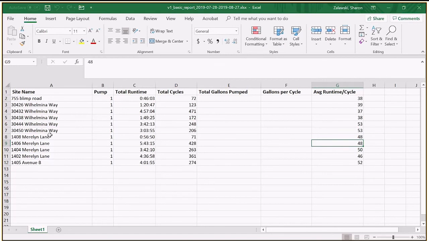So this is great. This is an accumulation of every site in the account, total runtime, which pump, if there was multiple pumps, you would see a couple entries, pump 1, 2, 3, 4. Total cycles for that time period, average runtime, and again, we'll also have this populated: gallons per cycle and total gallons pumped. This is a new feature that they've just put in, so I'm assuming that they haven't gotten the